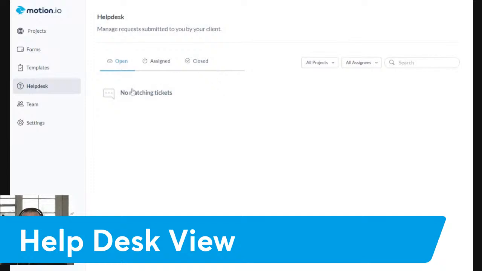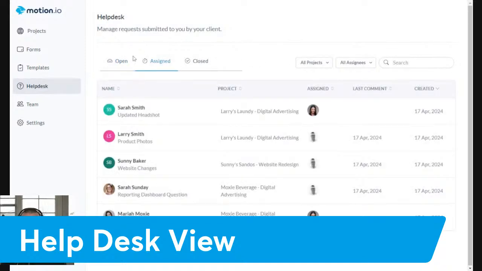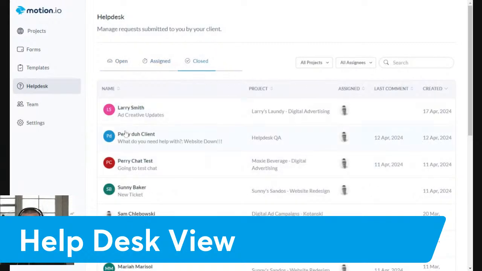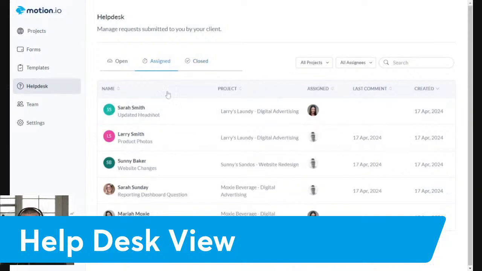So in your Motion.io account, if you have the help desk functionality, what you will now see is this option here in your left sidebar to access all of the help desk tickets across your account. And the 3 statuses for support tickets in Motion.io are open, assigned, and closed. So you see I have a bunch of closed tickets already, and then I've also assigned a couple of tickets